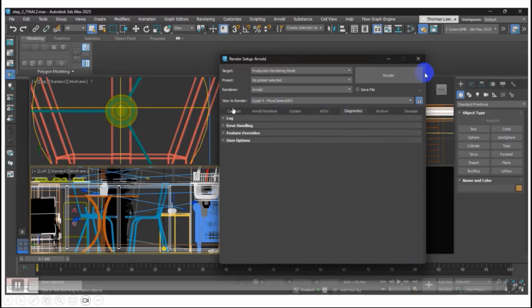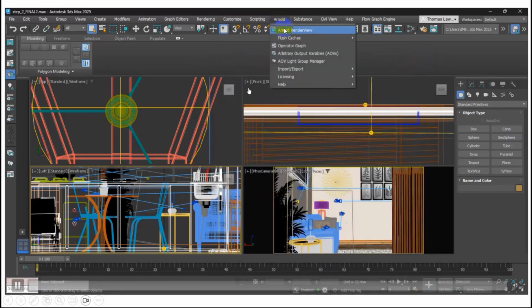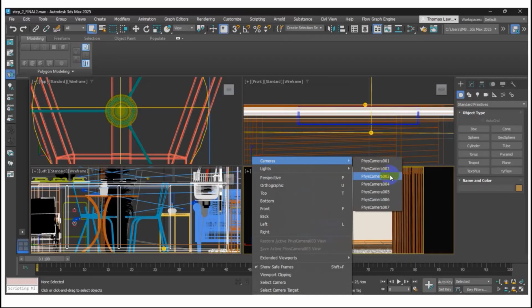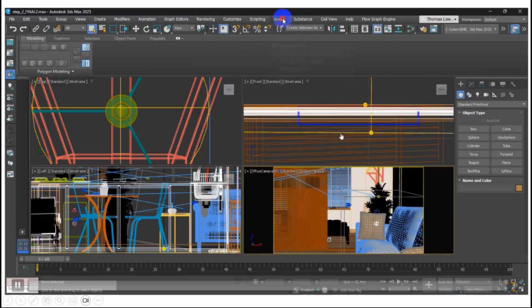This is the menu of the Arnold renderer. Once you get here, this is the Arnold render, or we can say the IPR. First I decide which camera to use, because before you render, you put in your camera, like in a movie. Okay, this one is camera one, so I try the render preview.